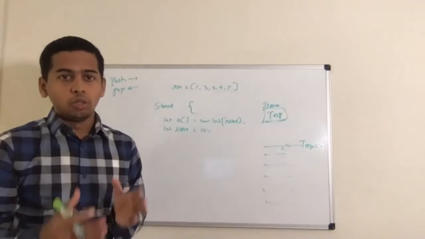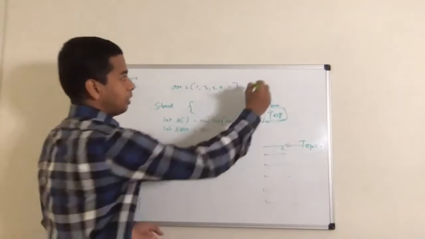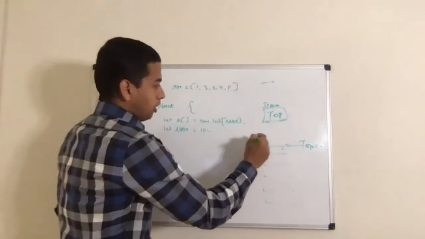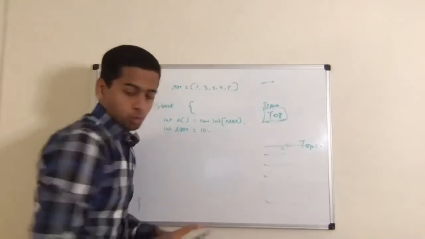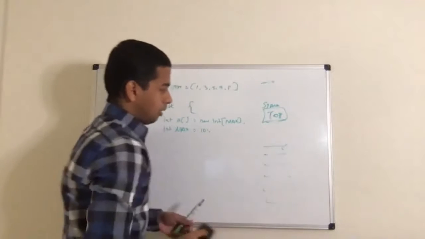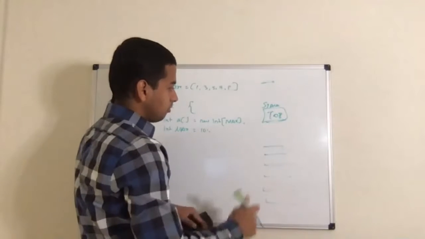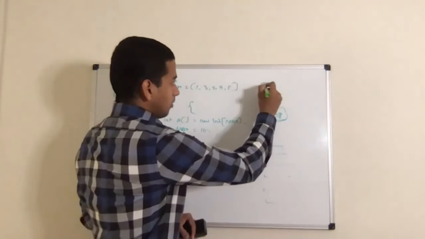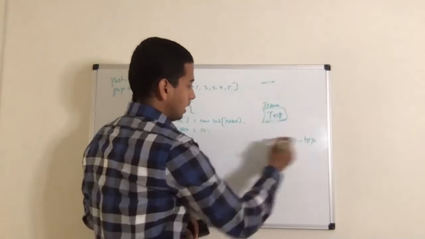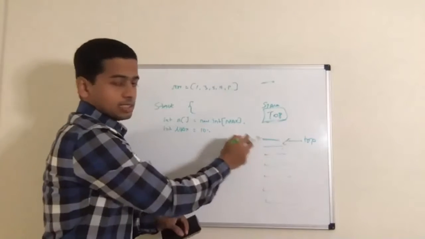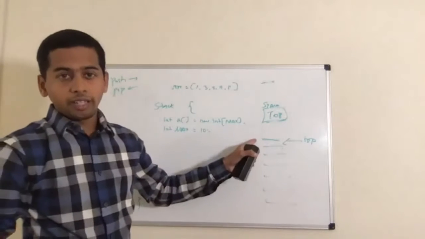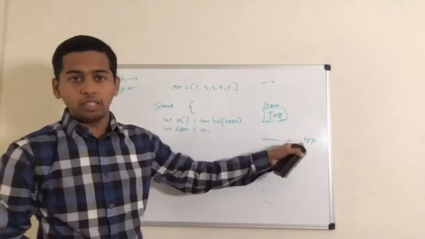What does push do? Push means, let's say I have a new record and I have to move it to the stack. If I'm going to move it to the stack, what will I do? I will do this push, and I will make the new top pointer the current pointer, which is denoting the new record that I have created. So the new top will be here now.